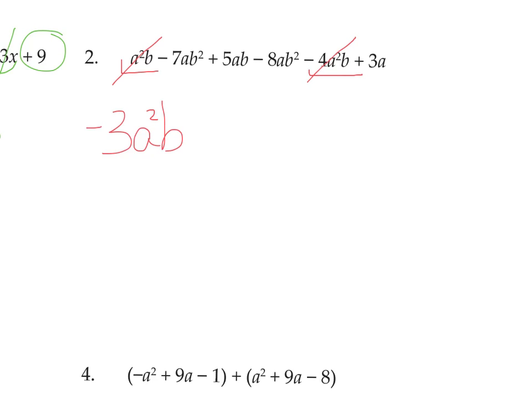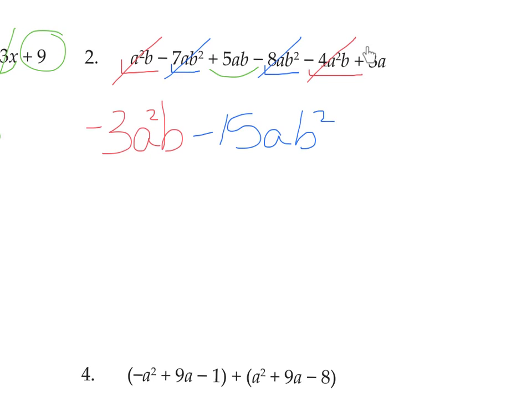Then I'm going to look for any terms that are ab squared. This is not ab squared, but this is. So these are like terms. When I add them, negative 7 and negative 8 make negative 15. And the variables stay the same. And they're gone now. So it looks like at the end I have 5ab,